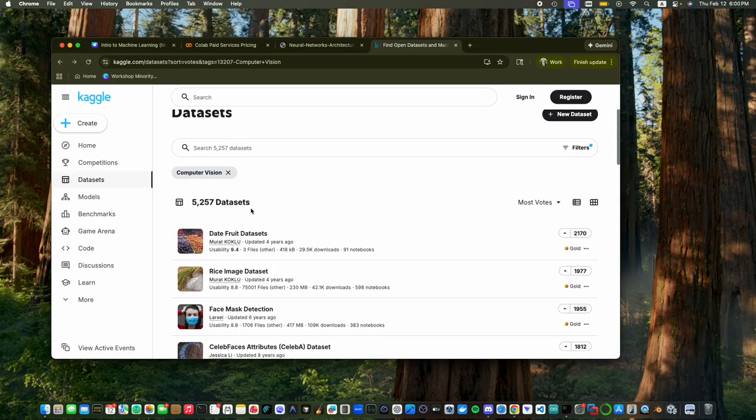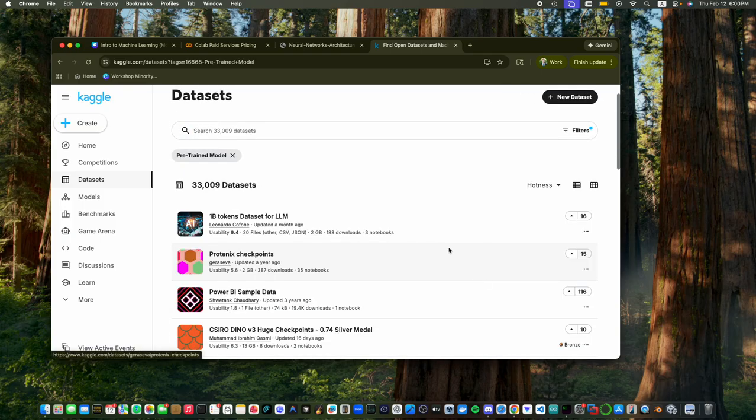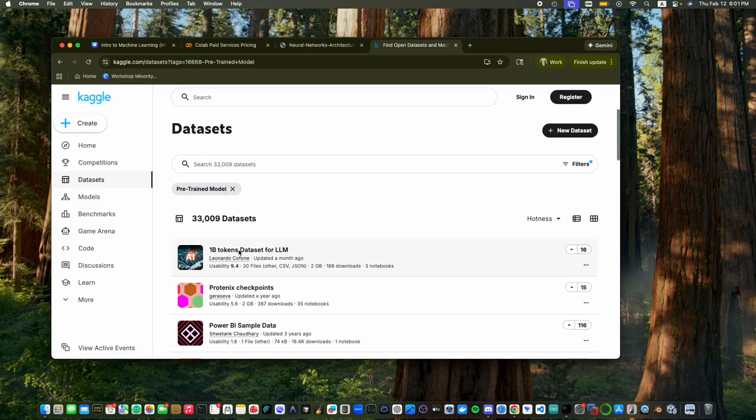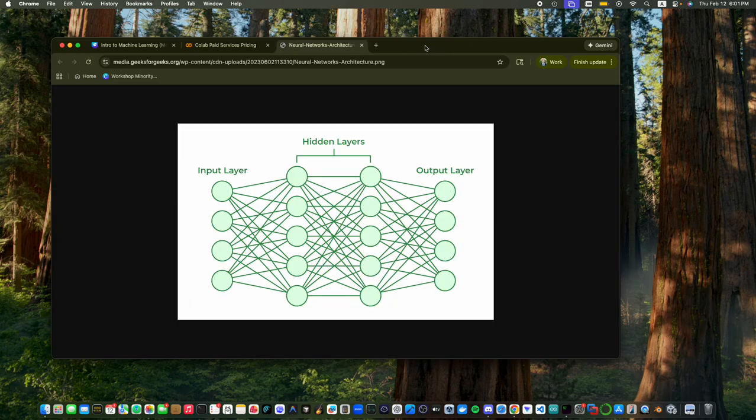This is free data for you guys to experiment with, to learn with, to do a bunch of different types of stuff that you want to do with it. You can do some natural language processing. You can do classification. You can do regression. You can swipe pre-trained models, and there's a 1 billion token data set for LLMs. Swipe it, play around with it, see what you can find. I promise you, this is a really cool and growing field. My last piece of advice: just start playing. All right, thank you. That's it.